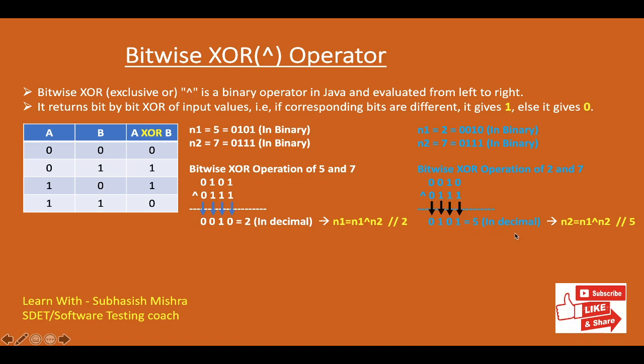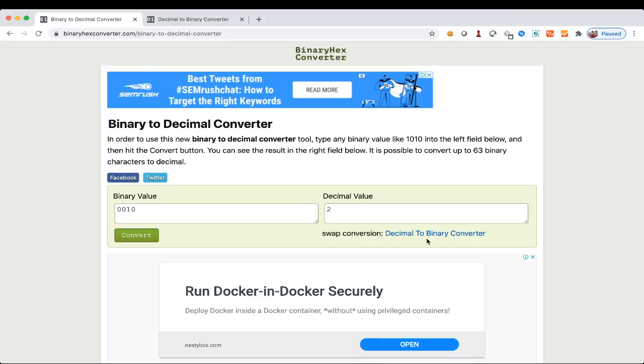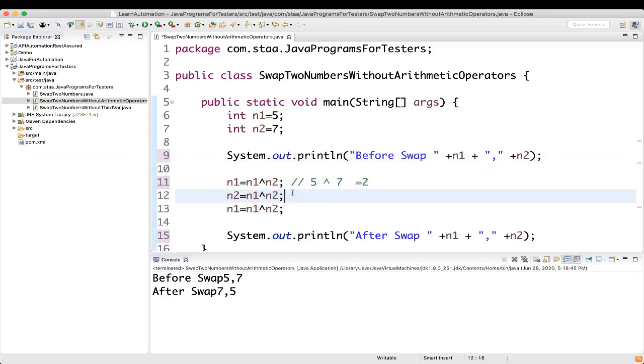So N2 equal to N1 XOR N2, which is nothing but 5. So N1 was 2, N2 was 7, and we got N2 as 5.